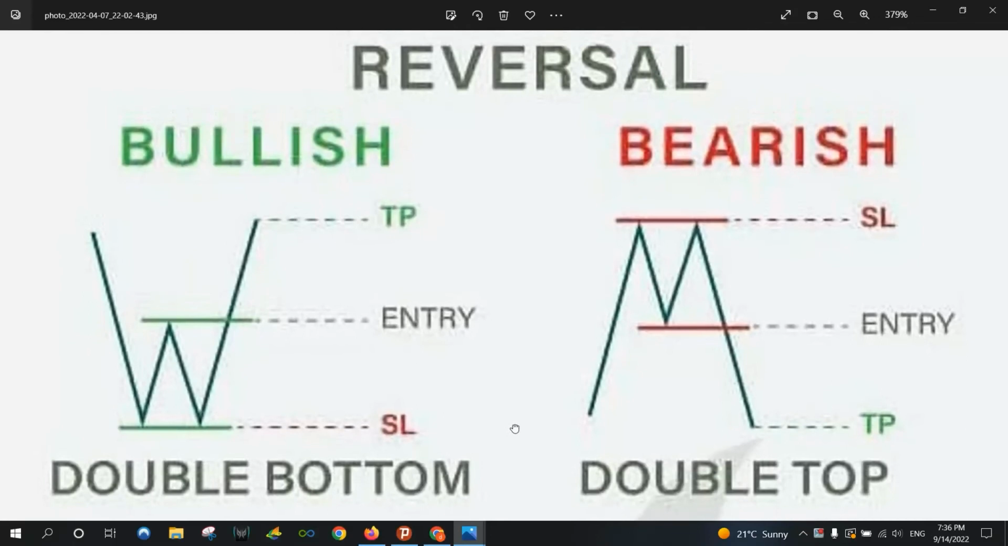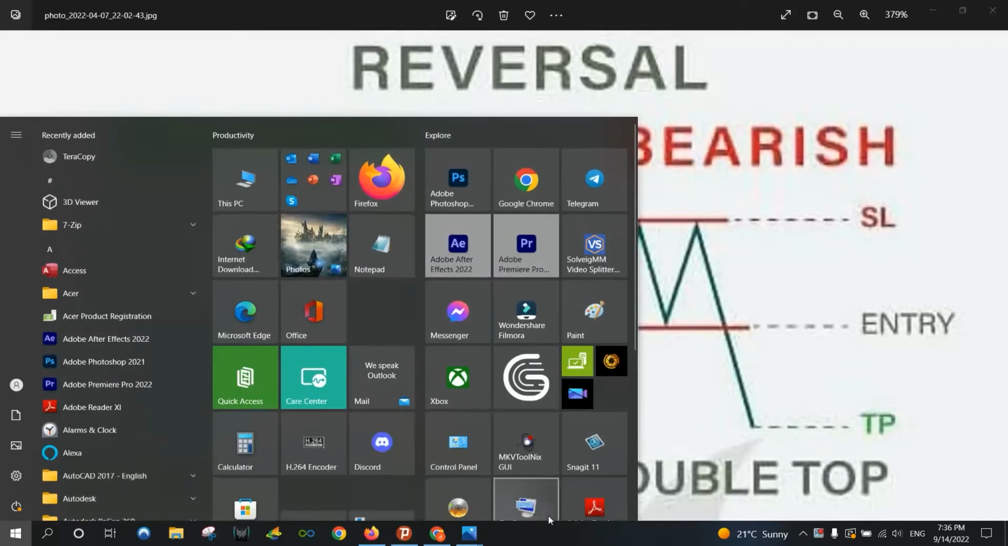The double top pattern is completely opposite. So you will see a pattern like this. This is the neckline. The moment that price breaks the neckline downward, you will enter at market, and the stop loss is above the previous high. The distance from this high to the neckline is equal to the distance from the neckline to the TP. Okay, I'm going to show you